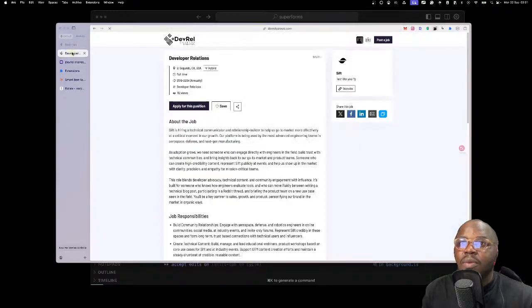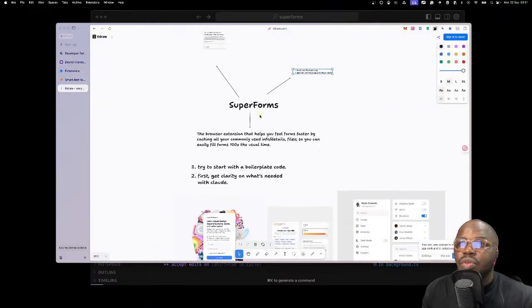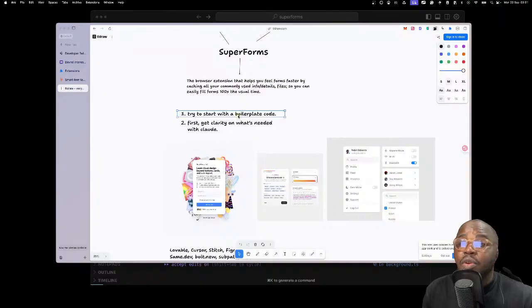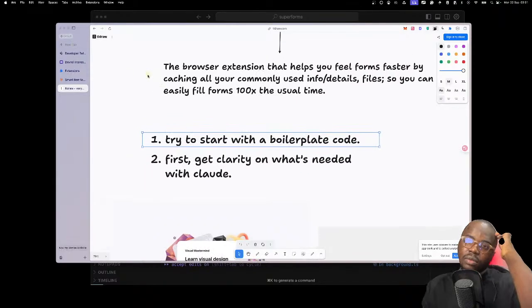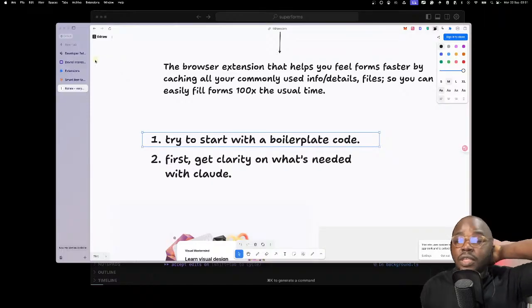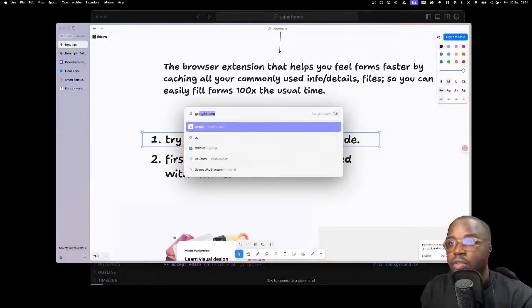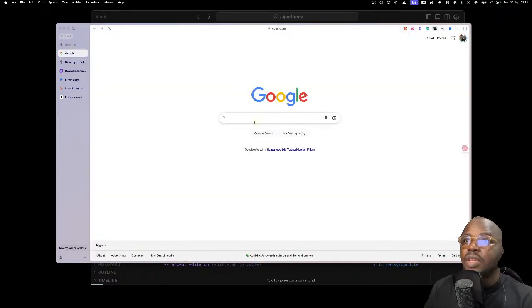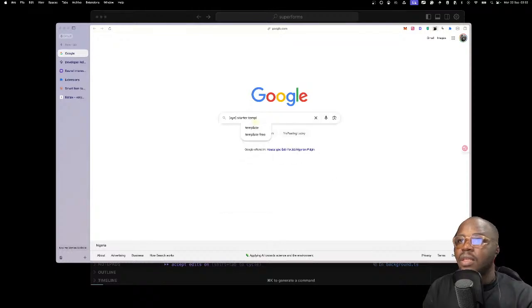While we're waiting for that to happen, I want to encourage you to always start your Vibe code project with boilerplate code or template code, or starter packs or starter templates. Especially if you're doing something with SaaS, there are some great ones on the internet. There are even directories that list them. You can just search whatever you're looking for. So if I go to google.com, for example, you can search for XYZ starter templates or boilerplates. Just put it together like this.